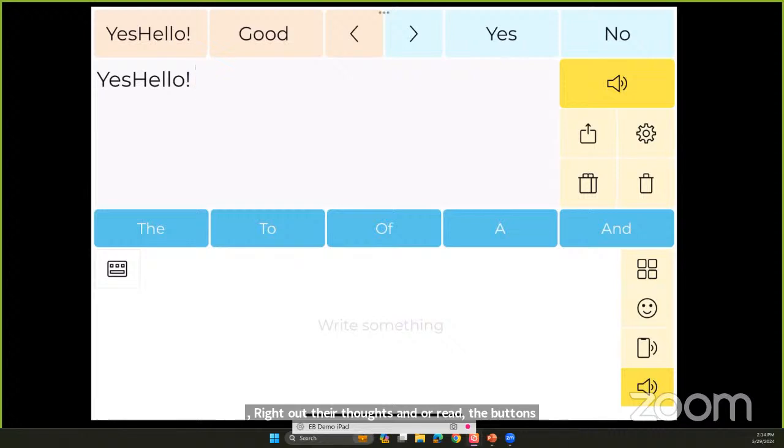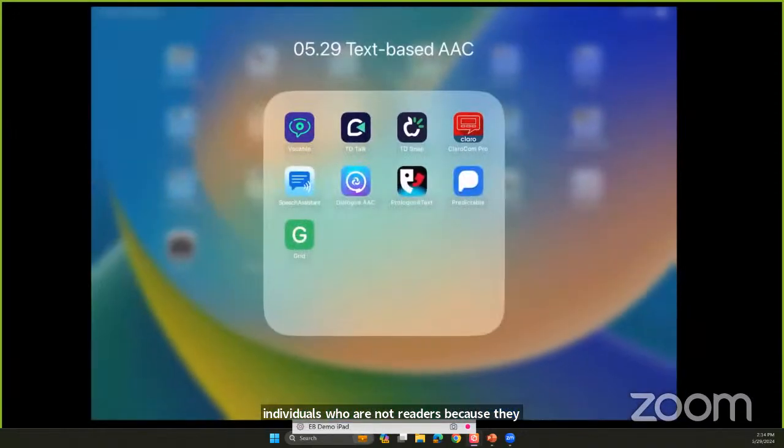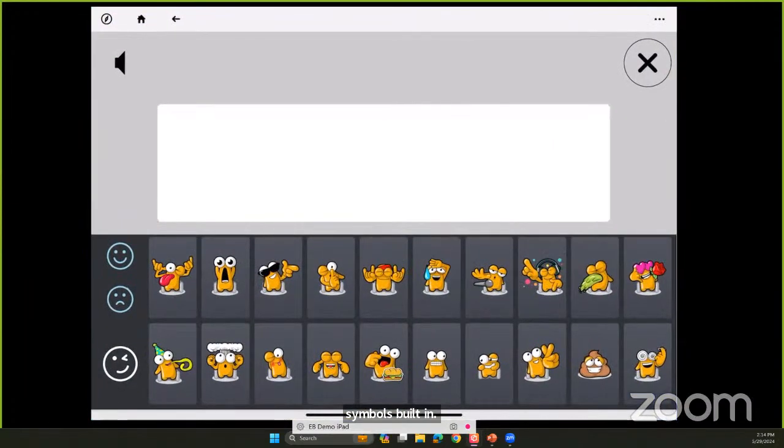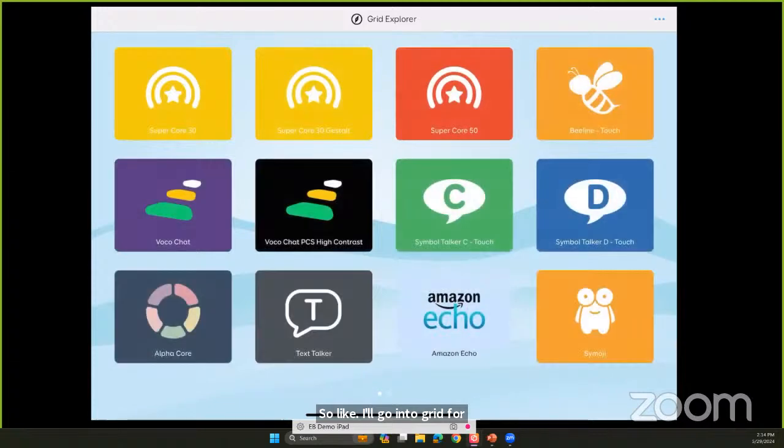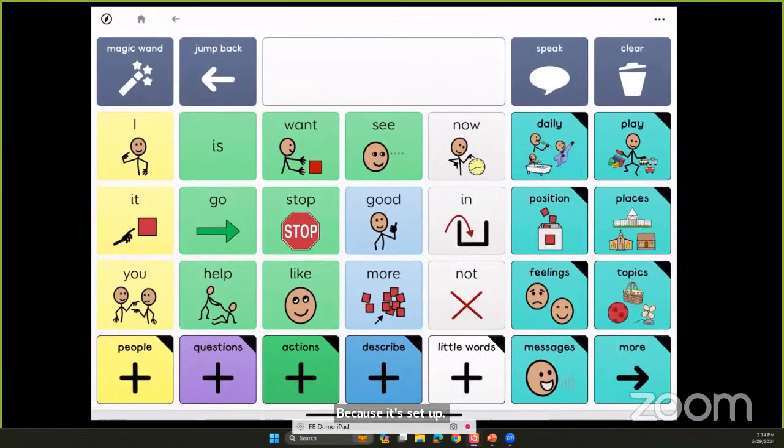But in our workshop from two weeks ago, we did our symbol-based apps, and those apps are intended more for individuals who are not readers because they have symbols built in. Like in Grid for iPad, they have page sets that have more pictures built in, and you can add photos as well. So if you're looking for something for someone who is a non-reader, take a look at that symbol-based workshop we did a couple weeks ago.